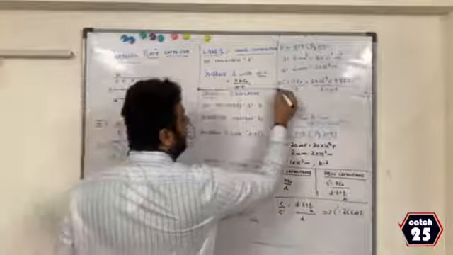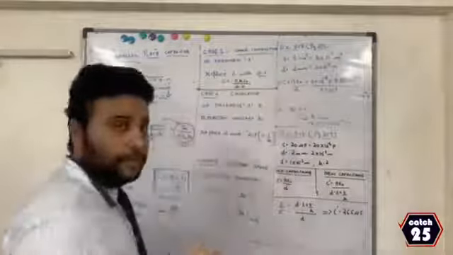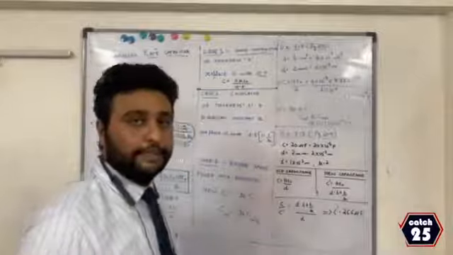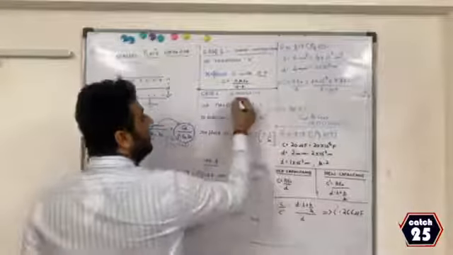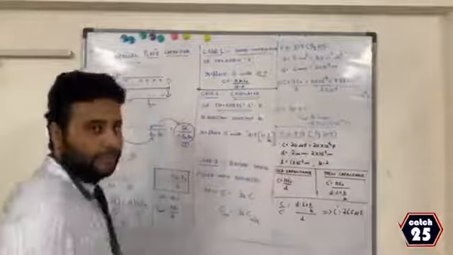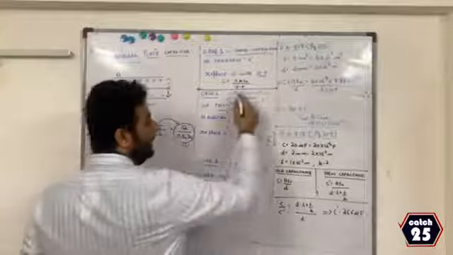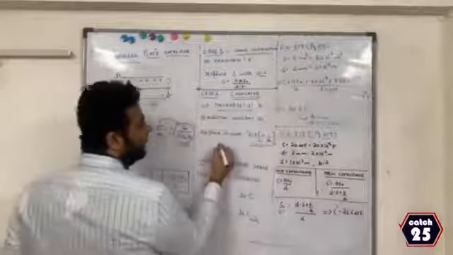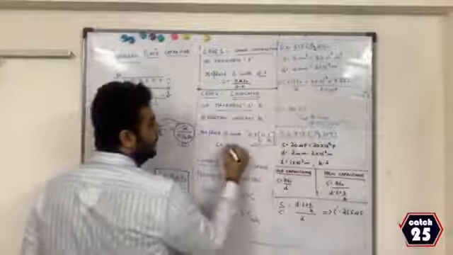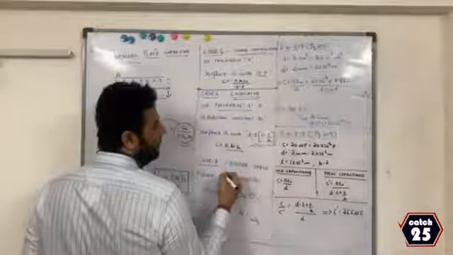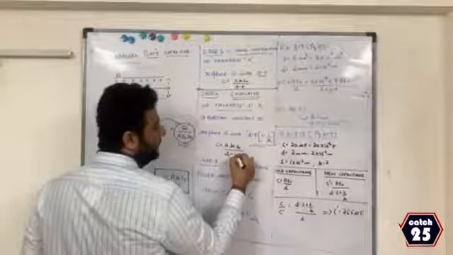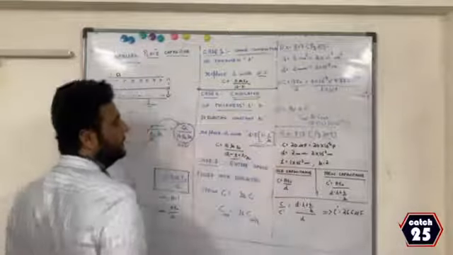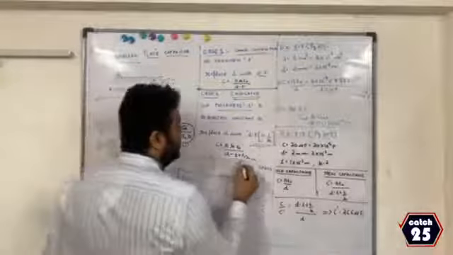Remember, it has to be a conductor, a good conductor. Only then you can replace D by D minus T. Now, what if instead of a conductor, I put an insulator of thickness T? Then I have to replace D by D minus T into 1 minus 1 by K. Therefore, what will be the new formula? C is equal to A K epsilon naught upon D minus T plus T by K. This is when an insulator of thickness T is put.